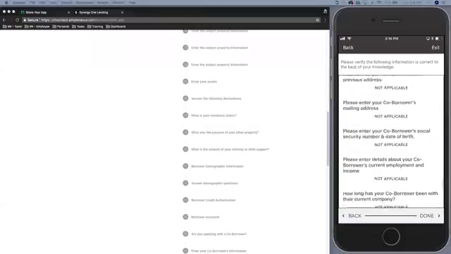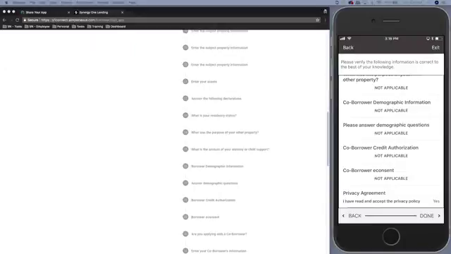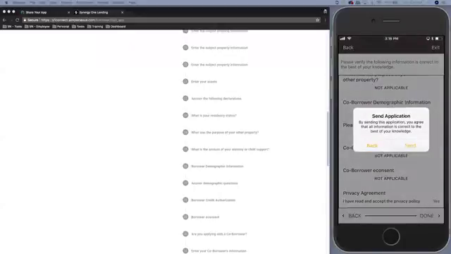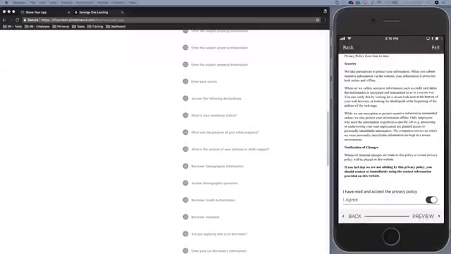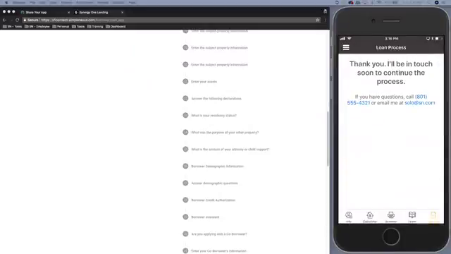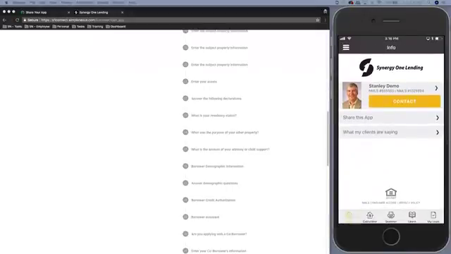So when we have all the answers here looking the way we want it to, we'll go ahead and hit done, and we'll go ahead and send in that loan application. It'll confirm that it was successfully sent, and then we'll have the thank you, I'll be in touch soon message from the loan officer. So I think we've covered, if you need me to show it again, I can, but I think we've covered